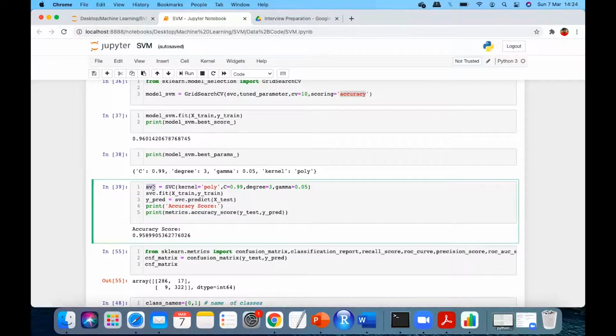One is security. I'll stick to that till you have your deployment class. All of you know that you will have a deployment class which is not in my domain, but someone else will take it. But since you are curious, I'm just telling you. That pickle file you will deploy. You will build a pipeline: your data will come, your model will apply, and you will get the result. The result you want to showcase in Excel, or in Power BI, or take it out in some other form, it is up to you.